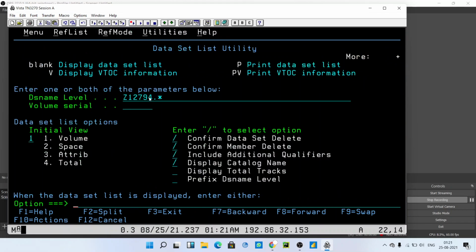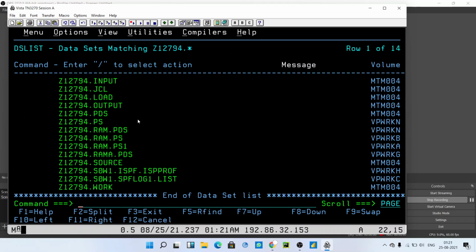But now we have to add one member in a PDS file. So for that you have to just type E in front of the name of the PDS file, and just after your PDS name type new in a bracket. Just make sure that you have written E in front of the PDS name and new in a bracket after the PDS name, and then press enter.